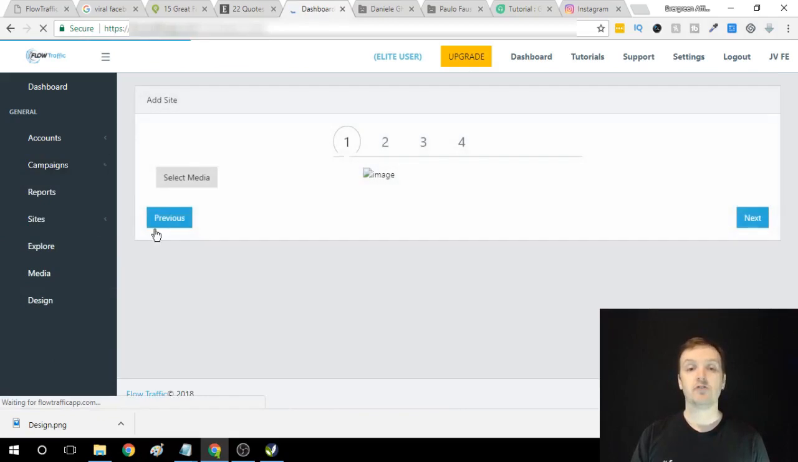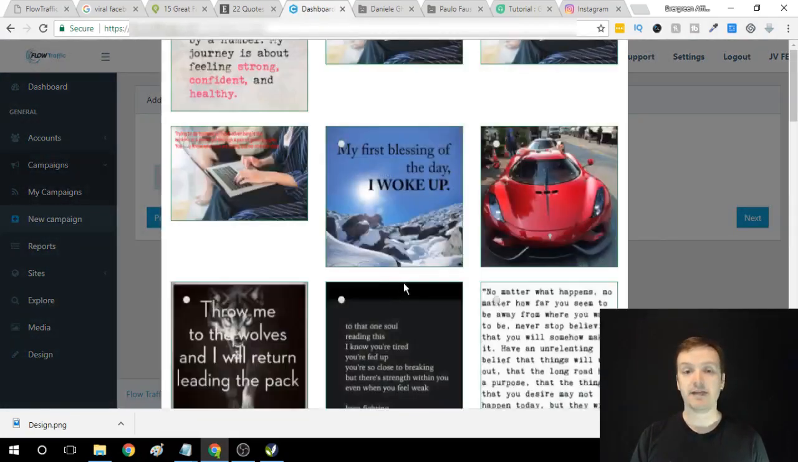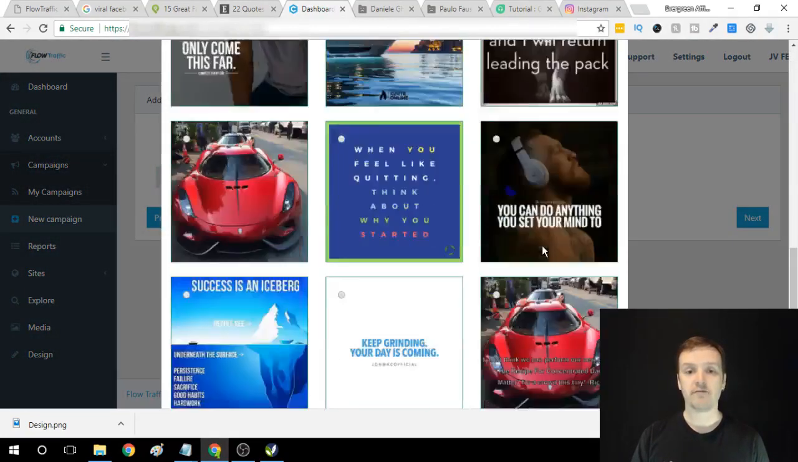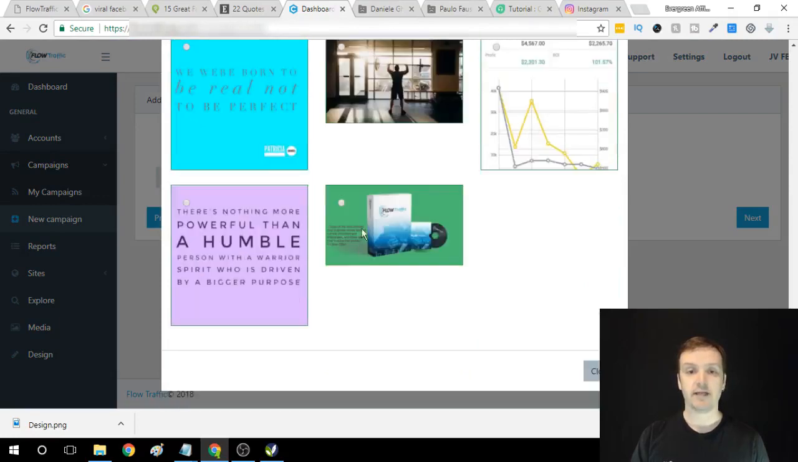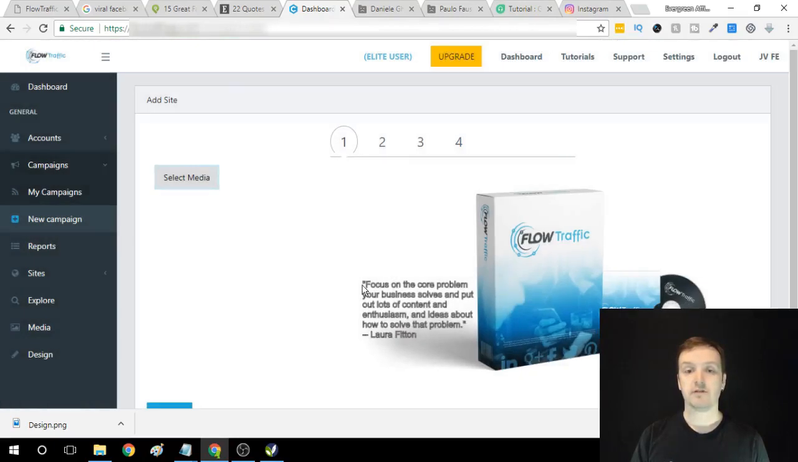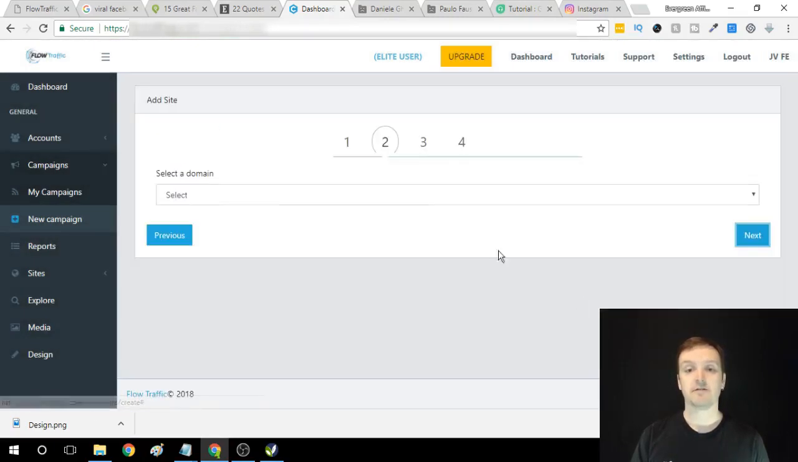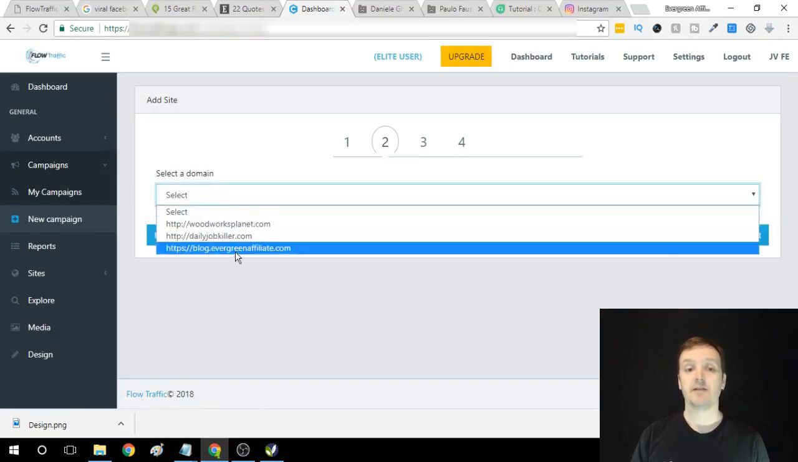Now, when it comes to your new campaign, the first thing you're going to do is select media. And then I'm going to try and find the media I just saved right here. Okay, so I'm going to click on that. I'm going to click close. Now we see the quote, we see the image. I'm going to click on next, and then I'm going to select my domain. Okay, this is where we're sending the traffic. So I'm going to click on